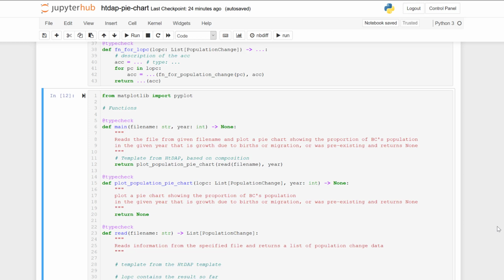The next step, as we've done our stub, including signature and purpose, is some examples. Similarly to main, it's useful to write these examples to make sure that we can call our function with appropriate input and that it runs without errors. But these examples will not help us figure out if the pie chart that we produce looks like we expect it to look. We need to examine that visually.